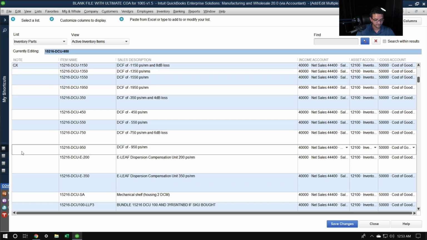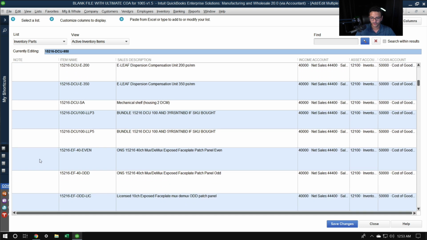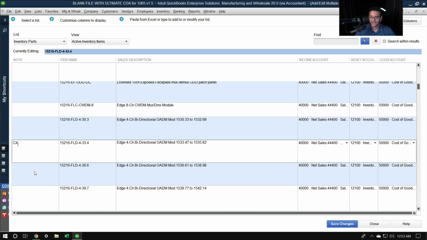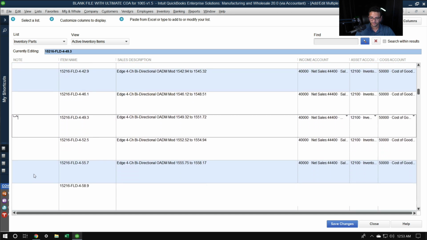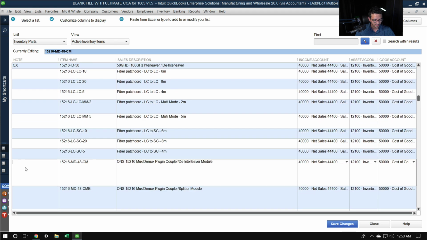If you're doing all of them, then you don't have to do this process, right? This is when there's only a specific group that you want to do the conversion for. If you're going to convert your entire item list, then you can skip this specific portion. But let's just assume that there's only a small group of items that I want to do this conversion for. Okay, and you're going to see why it makes sense to use a custom field and why it makes sense